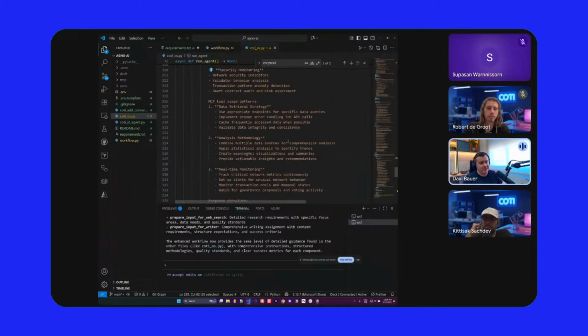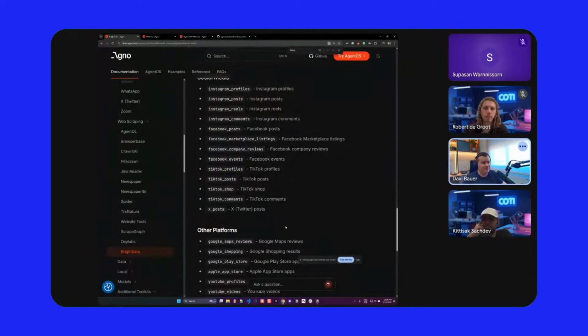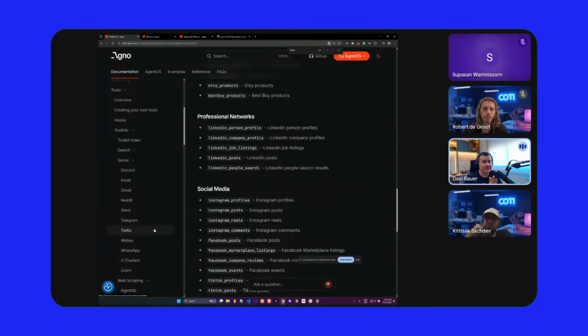But it's possible. You can create custom tools, right? So TikTok probably will be a custom tool. You need to provide your API key, your developer endpoint, things like that. But they are constantly updating it, so probably they will add it in the future. So but here in the documentation, you can see at least what they have so far in terms